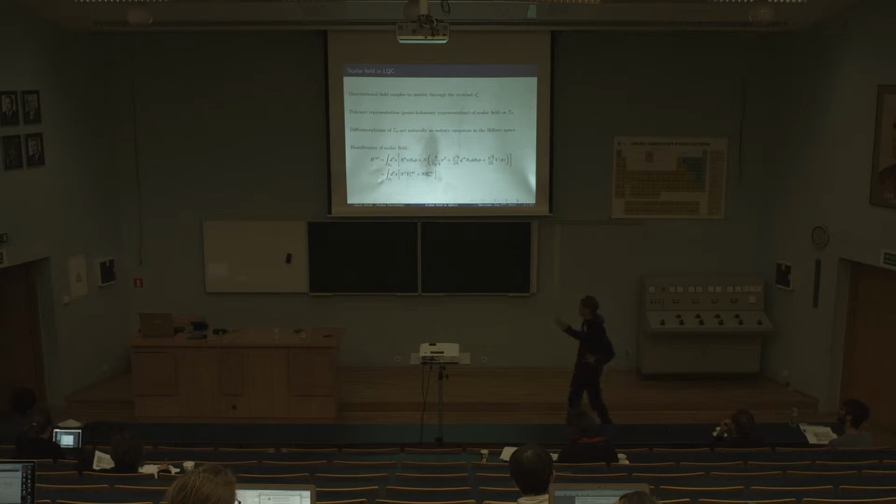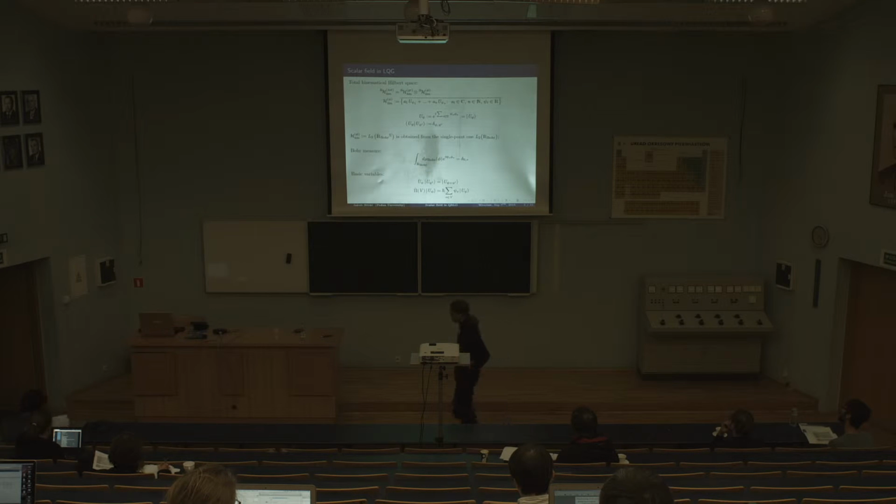Before I show you how to regularize and quantize it, I will briefly define the kinematical Hilbert space for the theory. So the total Hilbert space is a tensor product between the one for general relativity in loop quantum gravity and the one for the scalar field. This superscript R tells us that I have in mind quantum reduced loop gravity. It means that regularization is done on a cuboidal lattice.